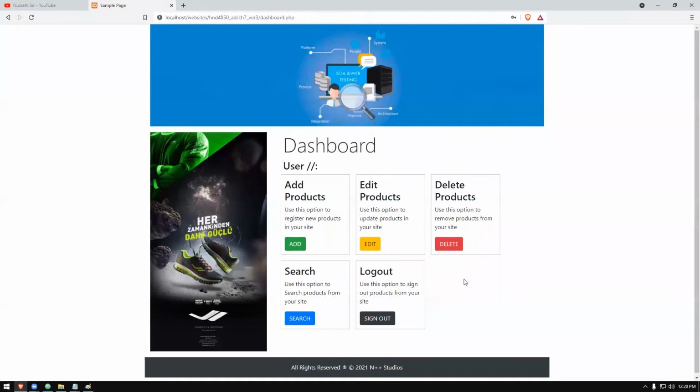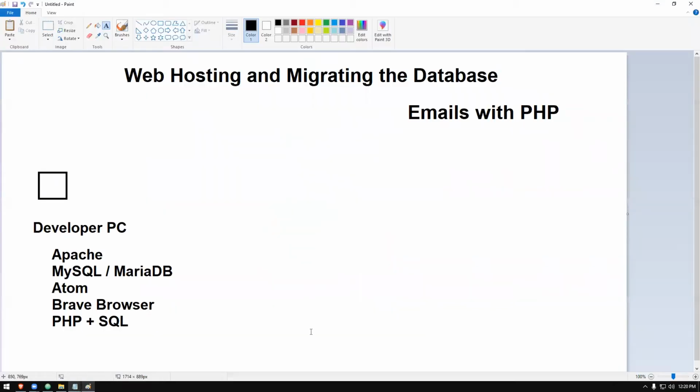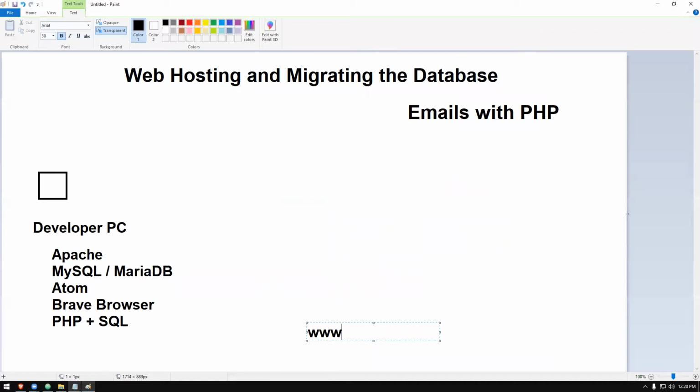If you wish to access this, I need to make sure it goes to the World Wide Web. So you should get an address where you can type something like www.websitename.com, and when you press the enter key, you should be able to go.